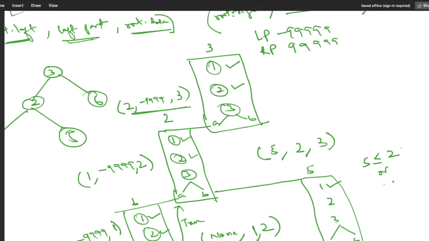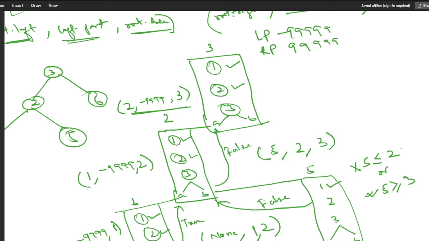Or we were checking if root is greater than or equal to the right data, which is 3. So this condition is true, but this one is false. So this line number 2 will return false. So this 3 is a combination of both true and false, so it will simply return false over here. So in this A we got false, correct.